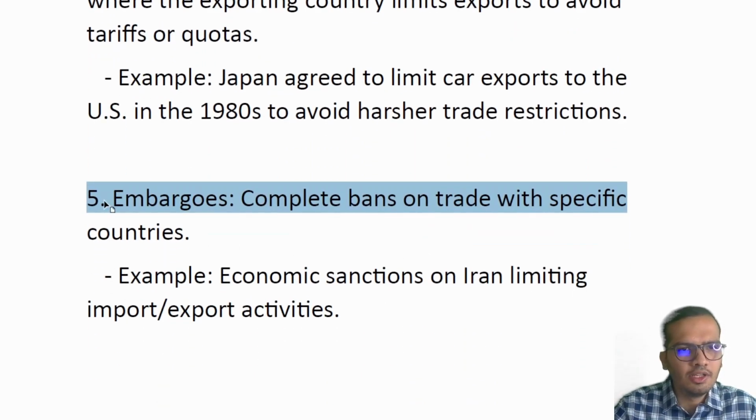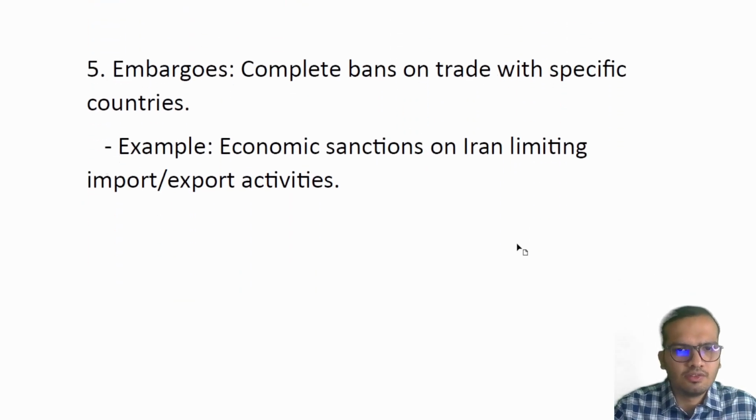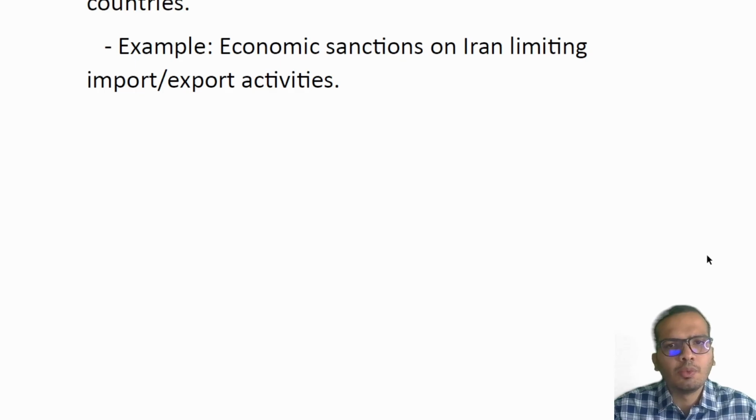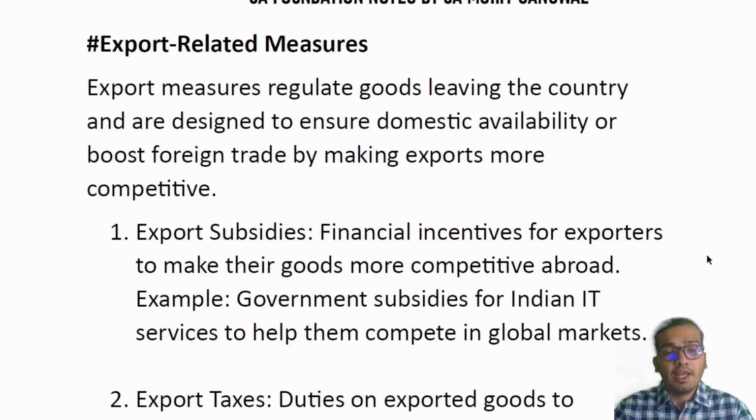Then comes the fifth one, embargoes. That means complete ban on trade with specific countries. So example could be economic sanctions on Iran limiting import or export activities. Then comes export related measures. So export measures regulate goods leaving the country and are designed to ensure domestic availability or boost foreign trade by